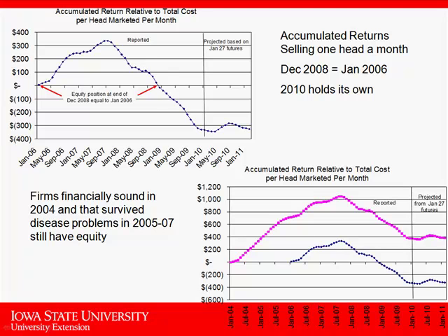Now, it depends on when your cookie jar started. If you look at this lower graph, the blue line is the same one that you see above. The purple line is the guy who started with an empty jar in January of '04. He experienced some better times. They didn't have circovirus in this example, right? But the point being, you got to where we are now. If you started with more cookies, you still got some money to kind of piss away over the next few months.